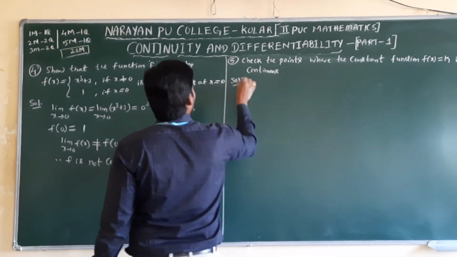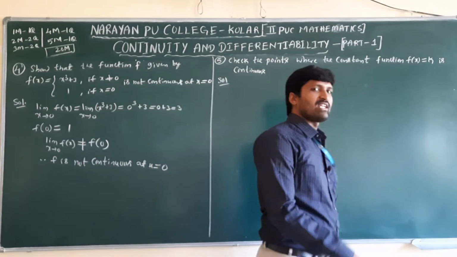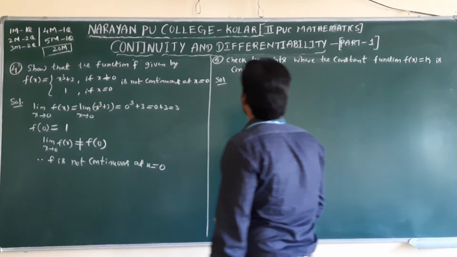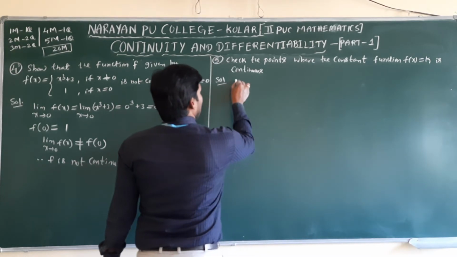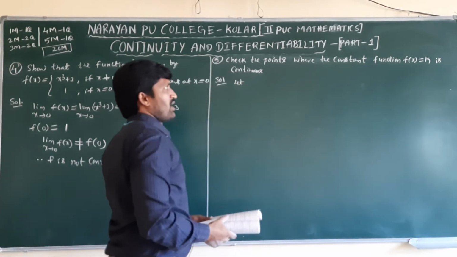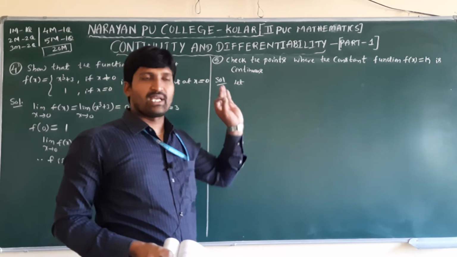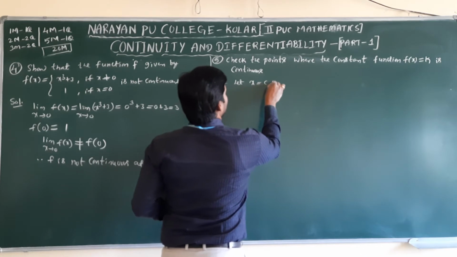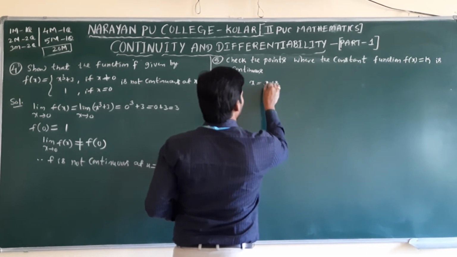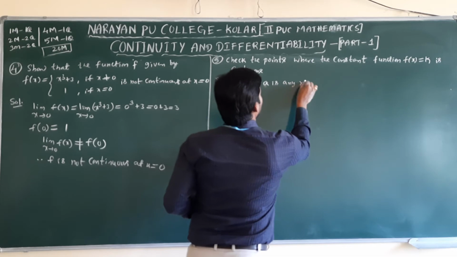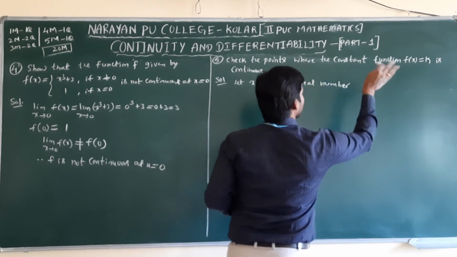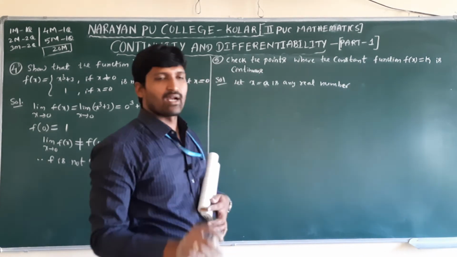It's very simple. Any x value you take, the function value is fixed, k only, always. It never changes. So it is a fixed value for a function. For any x value, I'll check for all values, because the function domain is real numbers. It should be continuous for all real numbers. Okay? So here let x equal to c or a, no problem. A is any real number. For this real number, continuous means for all real numbers it is continuous.